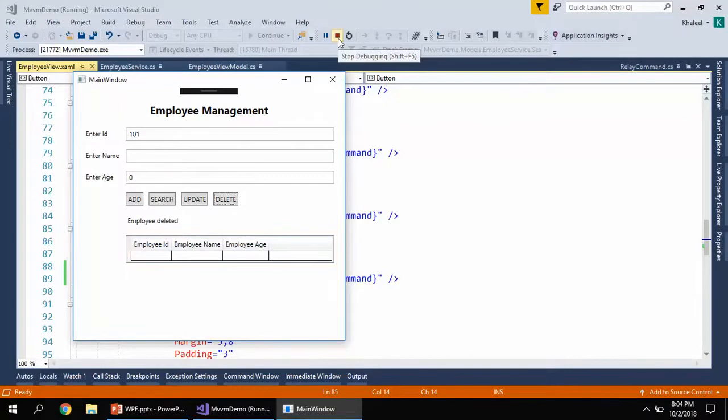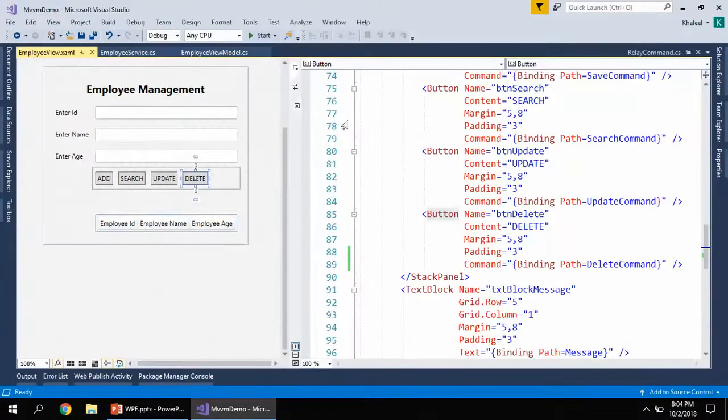So as you have seen, using MVVM we can create applications wherein we can achieve separation of concerns, like my view is not dependent over here on my model. I can test this view without creating a model, as well as when it comes to creating the models, I can test my models without creating any views.